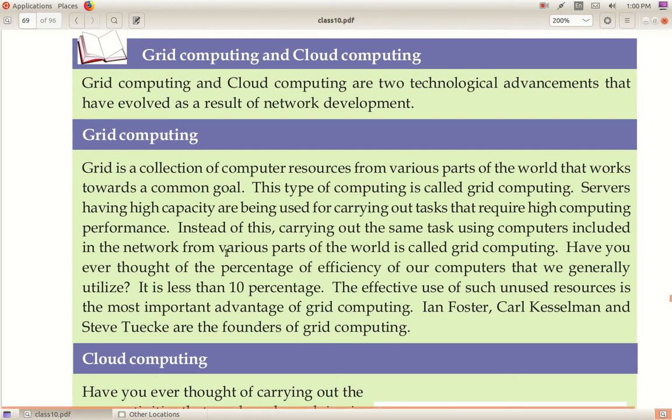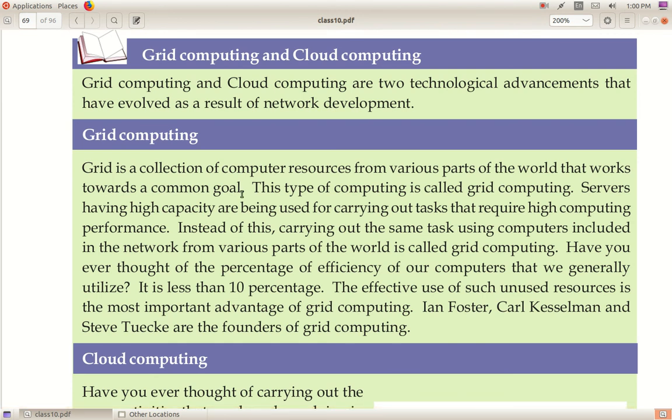Grid computing means people working for the same task while sitting apart. Sitting far away, they are working for the same task. A grid is a collection of computer resources from various parts of the world that works towards a common goal.